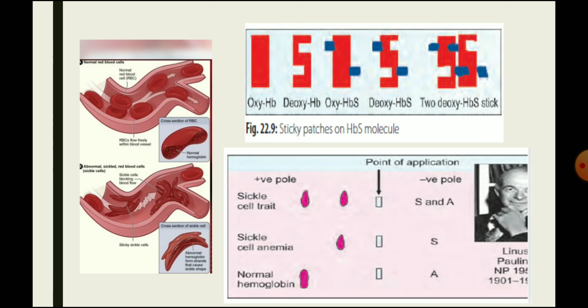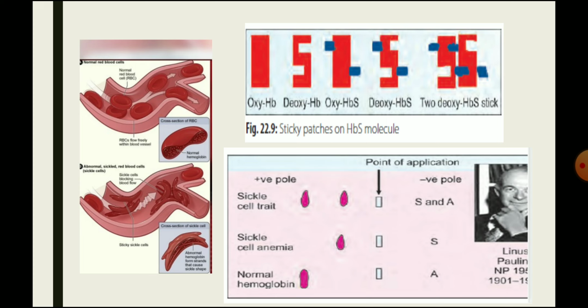So here in this picture you can see what is happening. This is the normal, and then the sickling occurs, and sickling causes adherence to each other and blocking of the smaller capillaries, and that will produce occlusion of the blood flow to the organs. Here in this picture, this is the oxyhemoglobin and this is the deoxyhemoglobin. In the oxy form only the protrusion is depicted, but in the deoxy form there is a cavity on one side and a protrusion on the other side. So they adhere easily to each other, producing polymerization and finally occlusion.